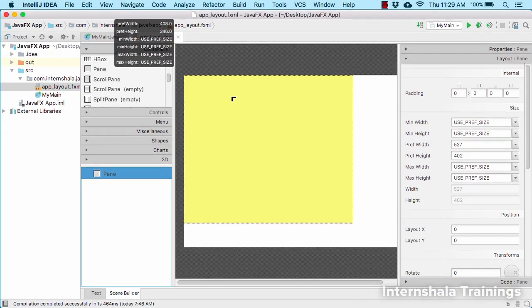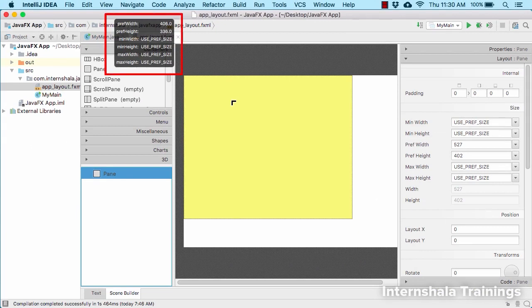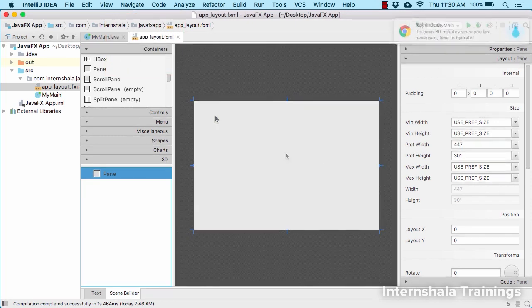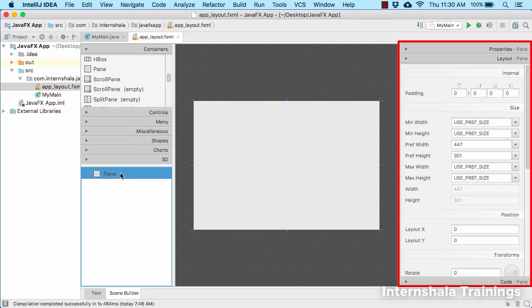Now if you notice, when I am resizing my pane, this pop-up comes up that will show you the preferred width and preferred height. So as soon as I am modifying its height and width, it is actually showing some changes. If I leave it at some point, then you can notice we have basically modified the dimension of the pane. And if you select the pane, then in the extreme right we have another window